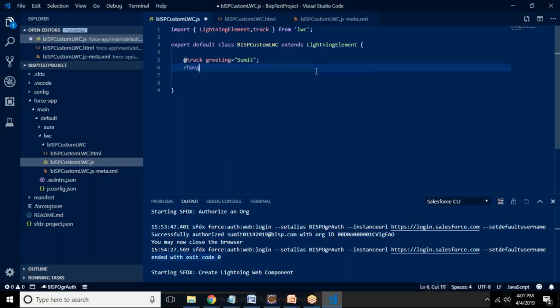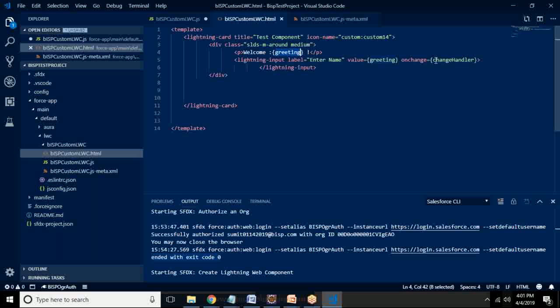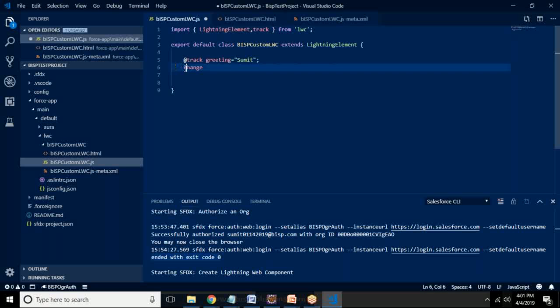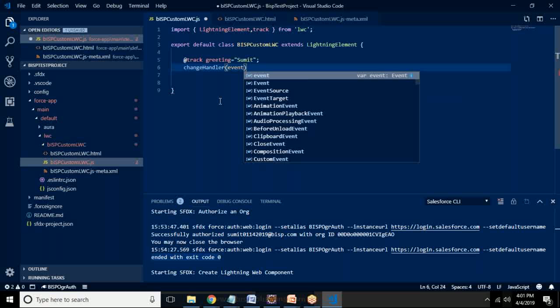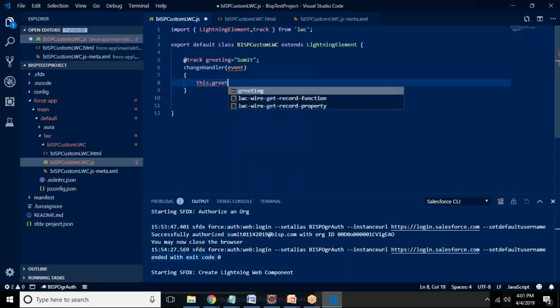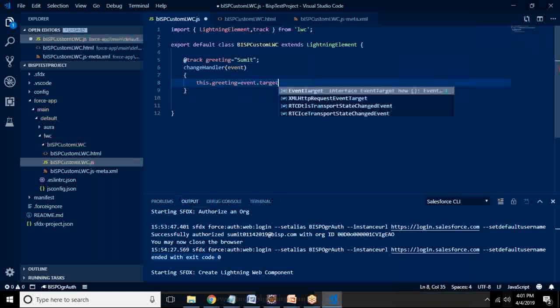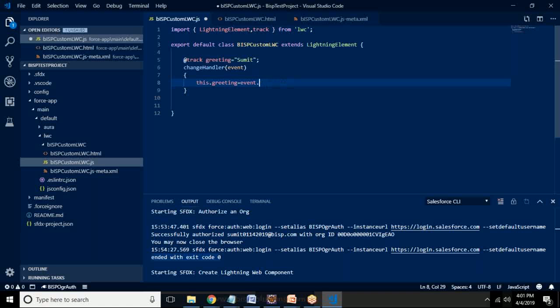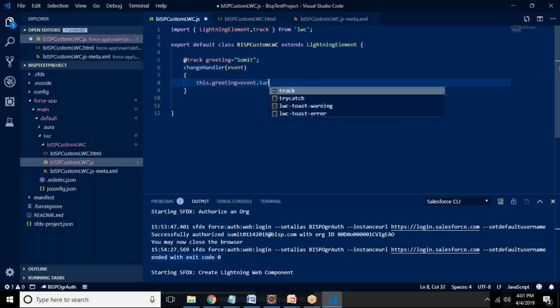And I'm creating a change handler because we are going to call this change handler event. So I define a change handler, and it's an event here. I'm just going to set the default value, or you can say the custom value, the newly added value. So event.target, so greeting is equal to event.target